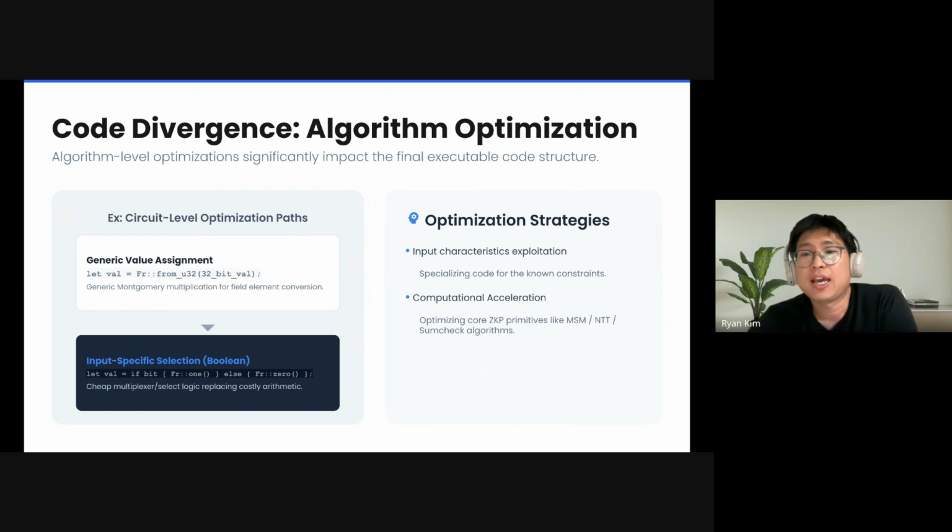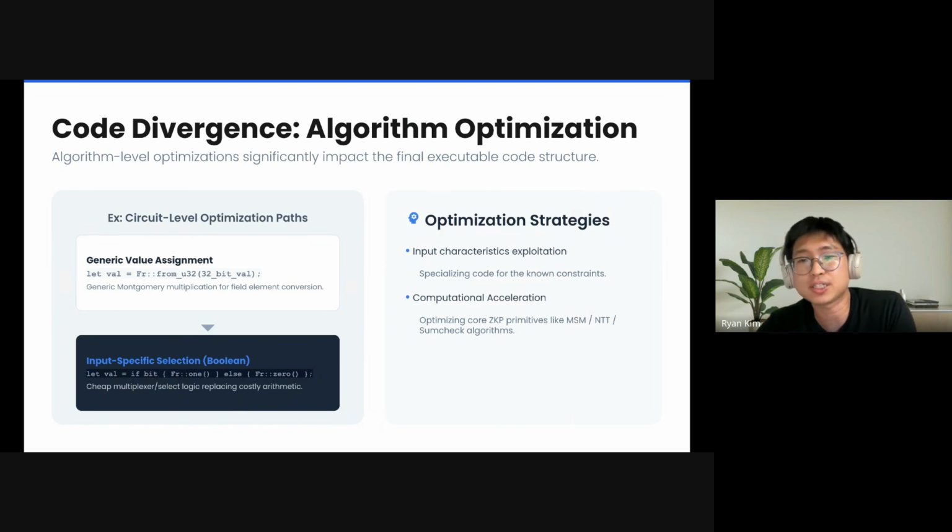Here's the thing. At the paper level, both versions are the same. The paper just says encode this value as a field element. That's it. But because you know something about the input, that it is a Boolean, your code can specialize. And once you specialize, the code looks completely different. And this is just one example. The general pattern shows two categories.